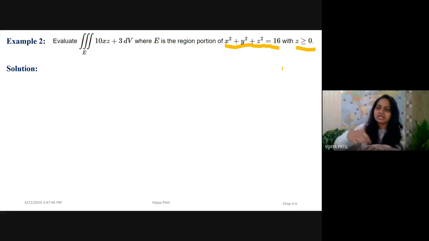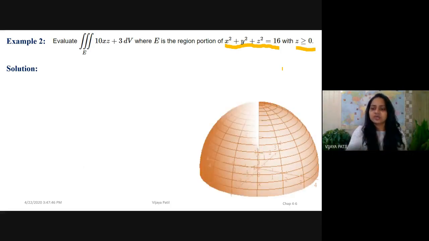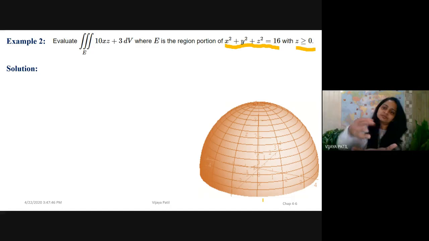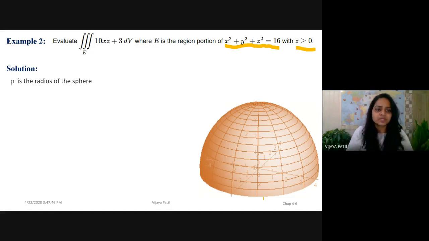And if I'm saying z is greater than or equal to 0, that means the part of this sphere is lying above the xy plane as well as on the xy plane, in the positive direction. It is something like this. If you observe, this is the figure. Only in the positive z axis we have got a figure here. We don't have a negative part. So it's like a half cut apple. We are keeping the white face of that down on the plate, and the red part is nothing but this area here. What is this rho?